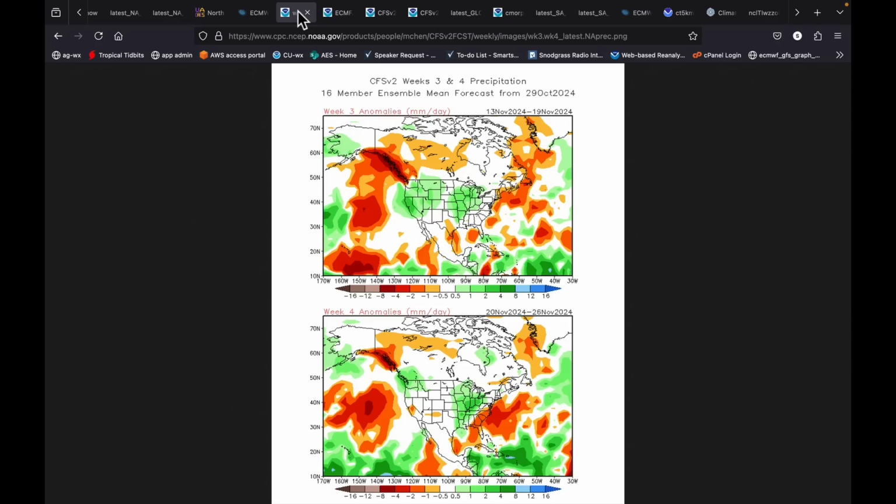This is the week 3, week 4 outlook from the CFSv2. You can see the same scenarios I just described. If there's risk of dryness, it's here, but quite wet across these other broad areas: northwest, parts of the west, and then getting into the Midwest, central United States, mid-south area. Okay, so that's another piece of the subseasonal puzzle.